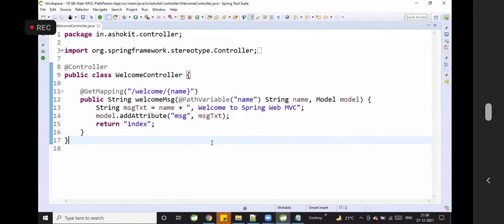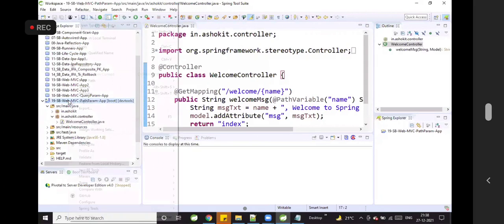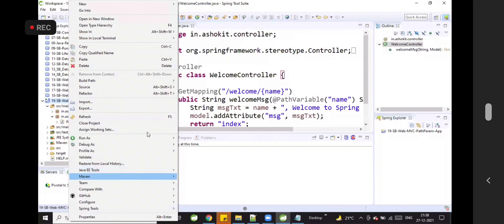Are you guys clear with my point? Good. Let's run this application. Nothing else is changed.